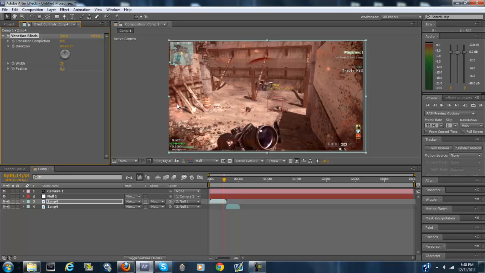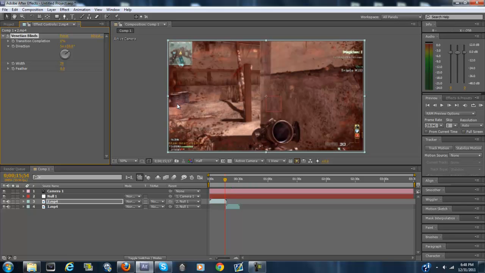And right here on direction, there's gonna be like a little circle. You can spin it around. Move it from the top here, move it to about here. This is where the directions of the blinds are gonna be going. And then we're gonna have to keyframe here. So we're about the end of the clip here. What you're gonna do is right here at the end,